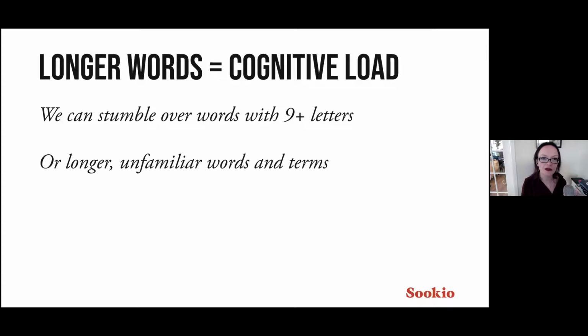And this ties in with what I was saying about boomer shapes. So we understand words, we recognize words that are quite short and more familiar, sort of everyday words. We recognize them, we don't even think about them, we just say them, we think them. But then anything that's over, say, 8 or 9 letters, then if it's less familiar, we have this slight brain stumble where we see it, we don't quite recognize it, then we have to think it through,